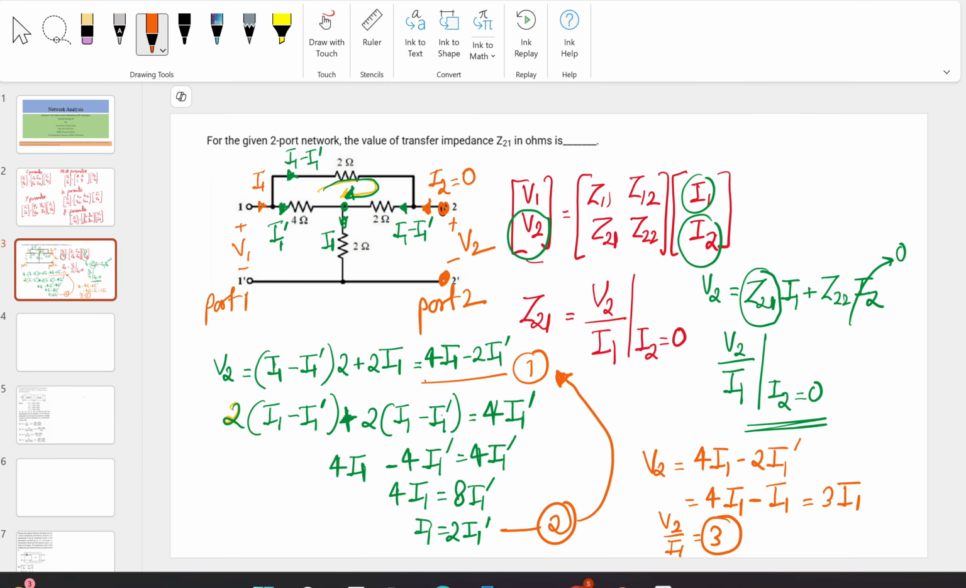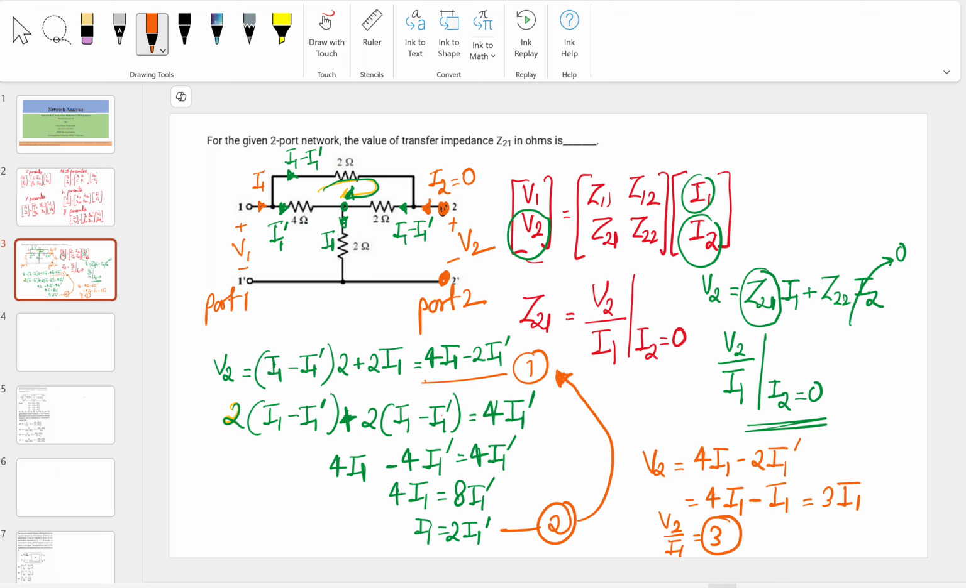Okay. The parameter which you got here, Z21, is basically equal to 3. So try to grasp